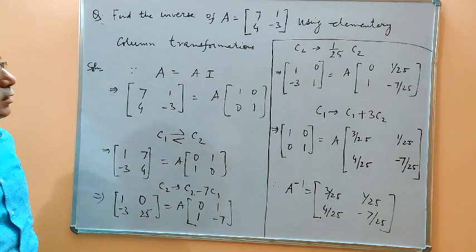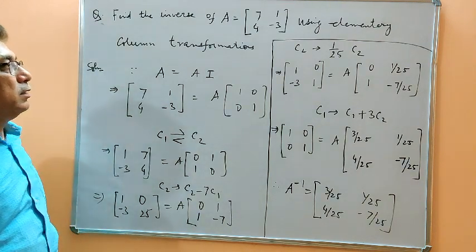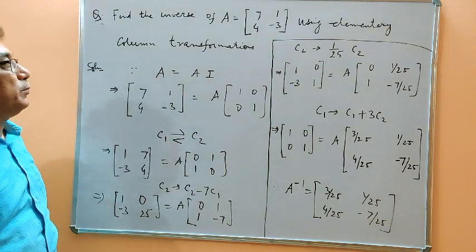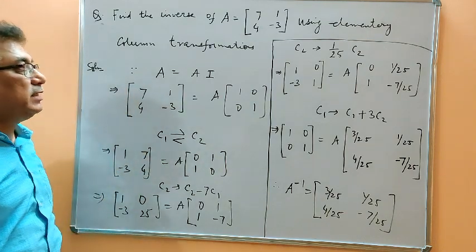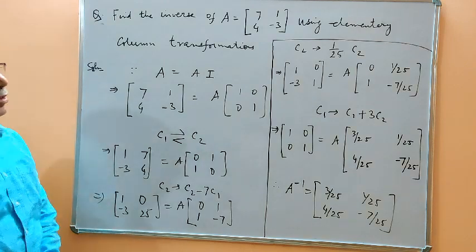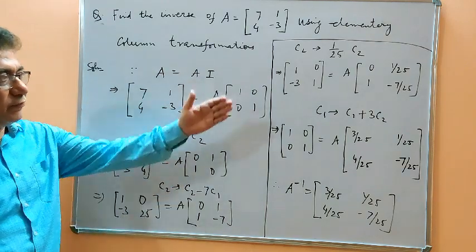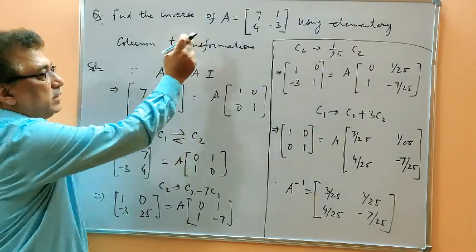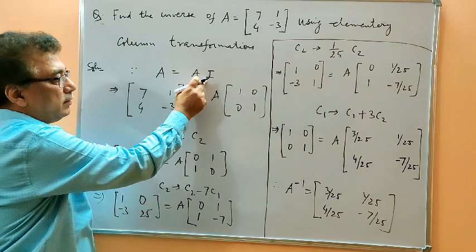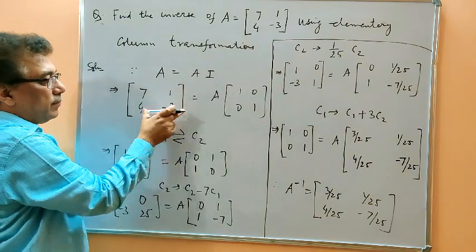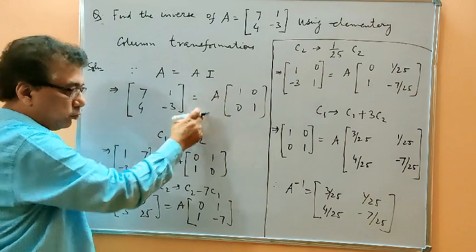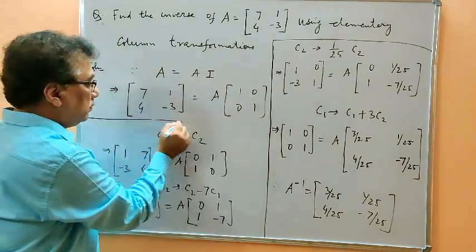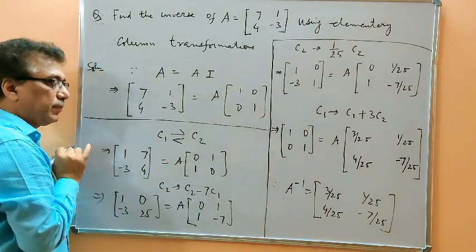Now this is one question. This is a board question I have taken here. You have to find the inverse of this matrix by elementary column transformation. So I have used the steps of the algorithm which I have given you. The first step: express A, the given matrix, as AI, and then I have written the value of A, and this A will not be disturbed throughout, and this is the identity matrix I, of the same order as A.